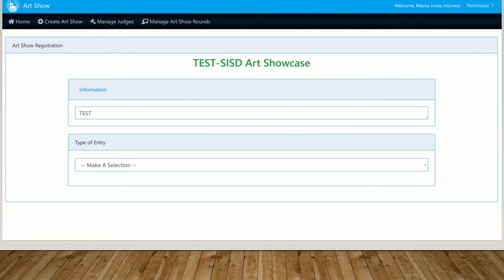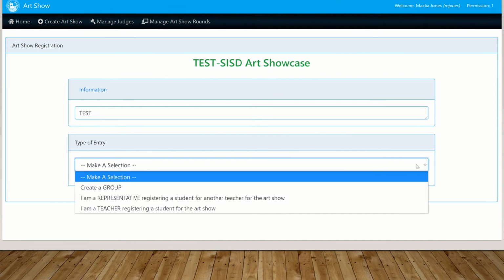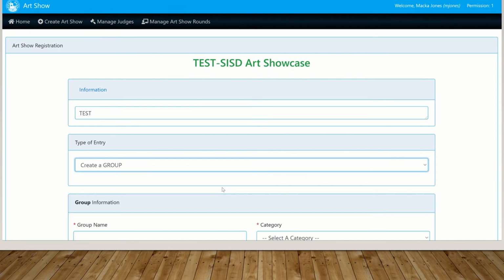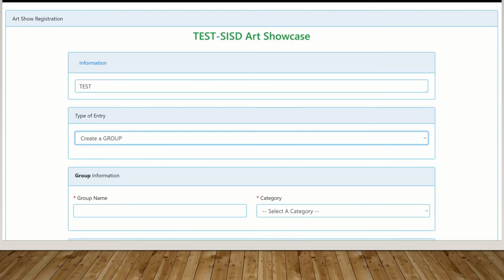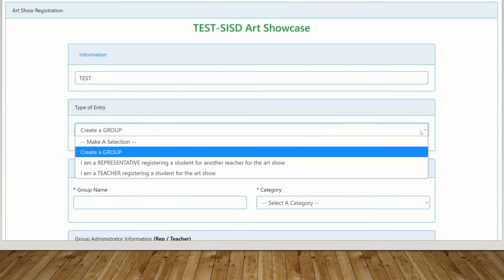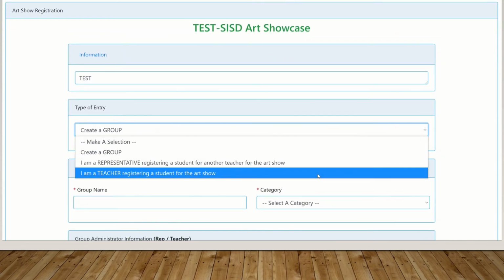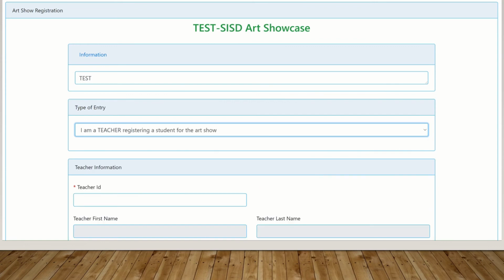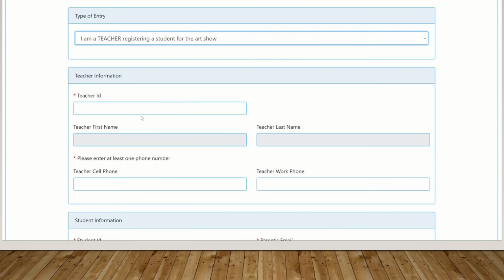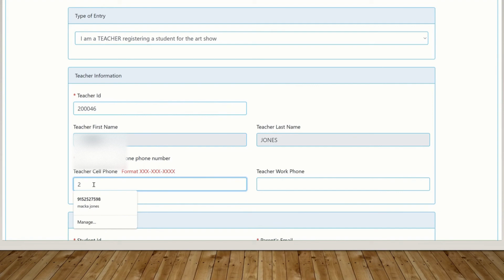So this is what you do. The group has been created. Remember your group name. And even if you don't, you'll see what happens. Oops, we're not going to create a group. My mistakes. I am a teacher entering, and I'm going to go ahead and type in my name. Oops, that's not me. Guys, keep in mind, that's why it auto-populates. All right, and then we're going to